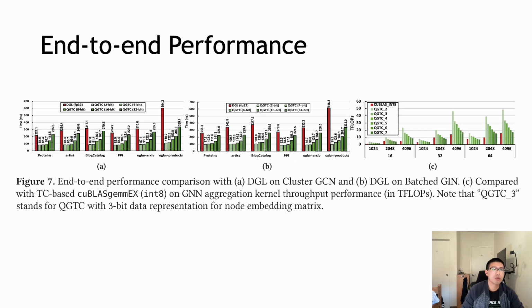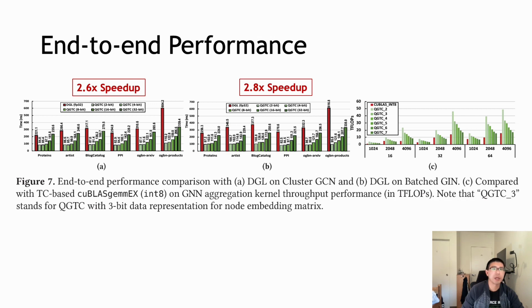In terms of the end-to-end performance, our design was compared with the deep graph library on cluster GCN and the batched GIN. For instance, compared with the cluster GCN on DGL, our design could achieve the 2.6 times speedup on average across different number of bit choice. And compared with the DGL on batched GIN, our design could achieve an even higher speedup, the 2.8 times speedup